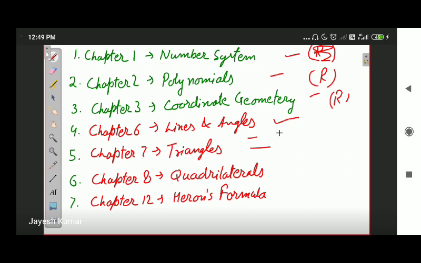And for chapter number 7, that is triangles, the last exercise of chapter number 7, that is inequalities in triangles, is no longer part of your syllabus. According to NCERT, that is no longer part of your syllabus for this session. Fine. So you need not bother with it. If you want to see this complete guideline that NCERT have released, you can go to the CBSE website and check out the revised syllabus for this session. Okay. So this will be the syllabus for your half-yearly exam.